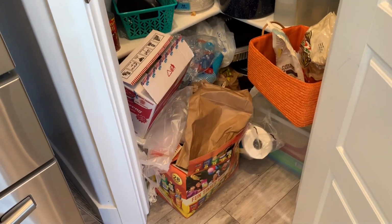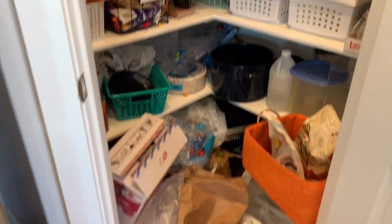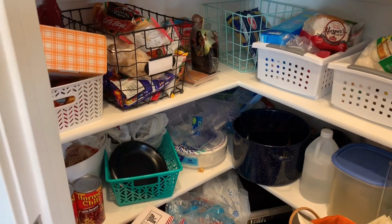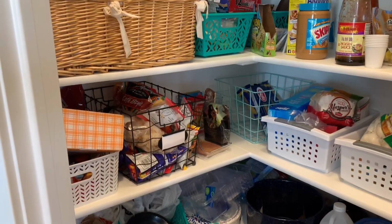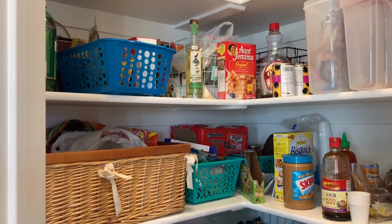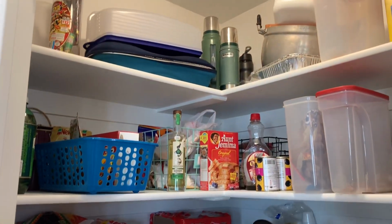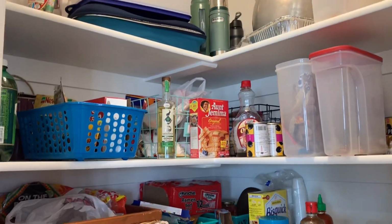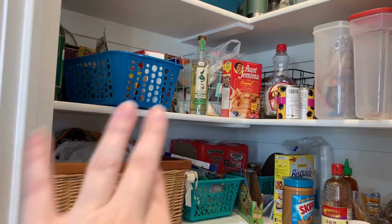So yeah, it's just as bad as my closet was. If you guys haven't seen that video, go check it out. I recently decluttered and organized my master bedroom closet. And this is another project that has been weighing on my mind heavily, and I've been wanting to get it done. It was organized at one point, and as you can see, I have lots of mismatched